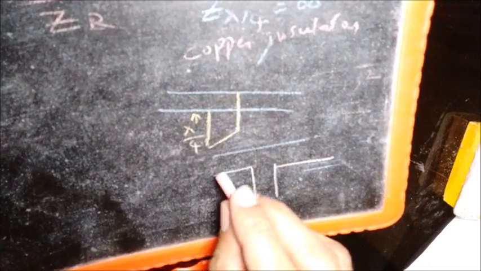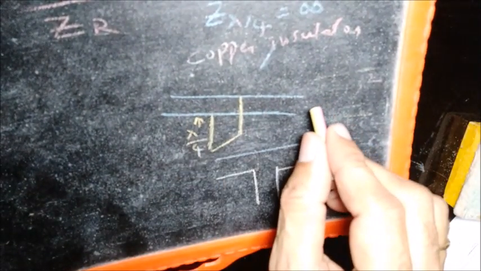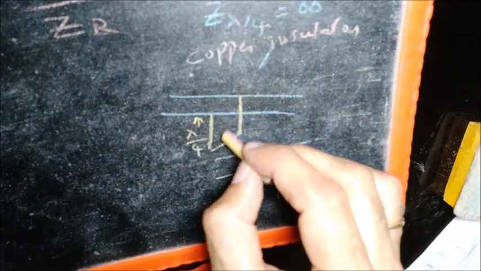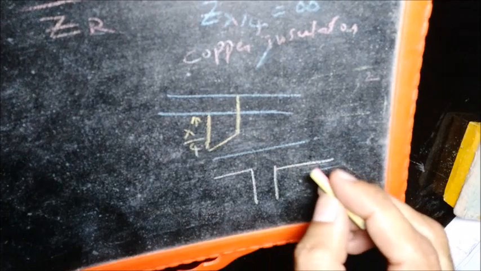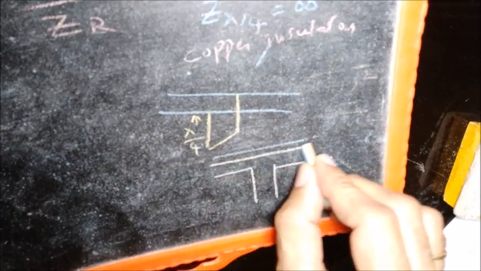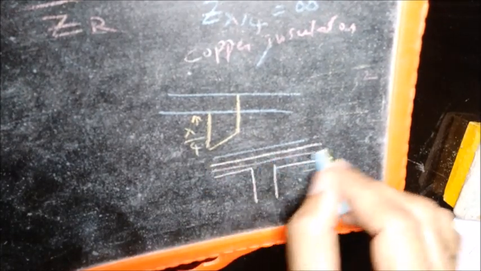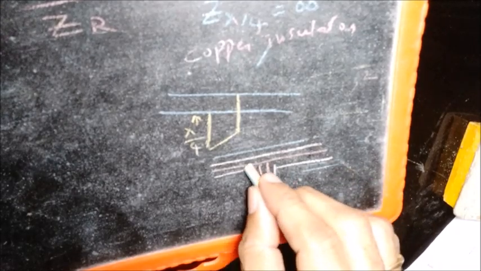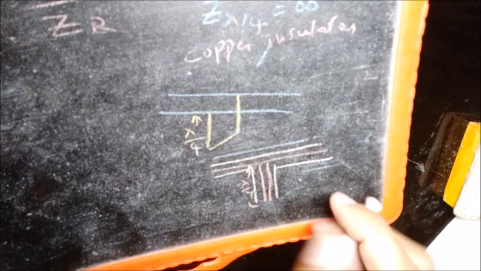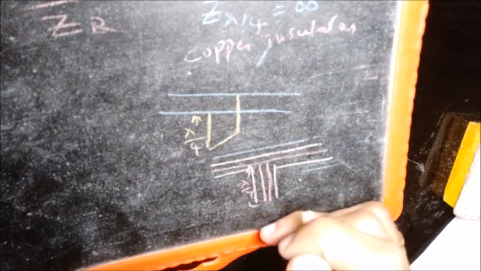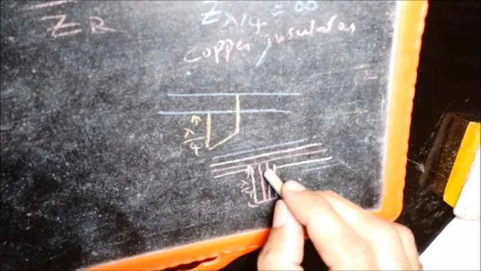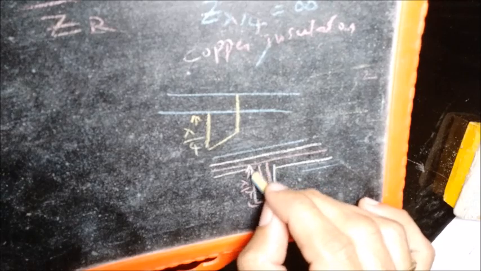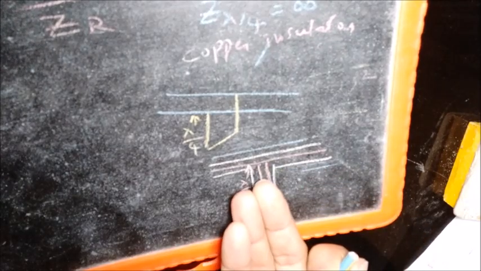So this is the parallel wire transmission line. You have the lambda by 4 line here, and this is shorted. Impedance looks infinity from here. And in the case of coaxial cable, this is the inner conductor. You can have a support like this, and this will be lambda by 4, and of course this side will be shorted. So the impedance on this side will be infinite. So it will be like an insulator supporting the transmission line.